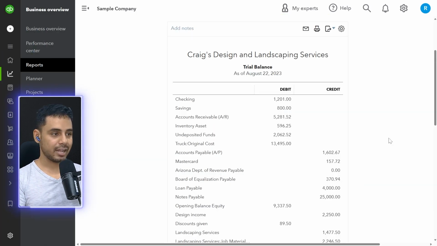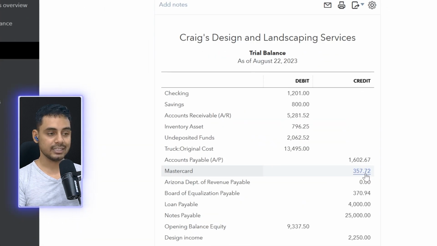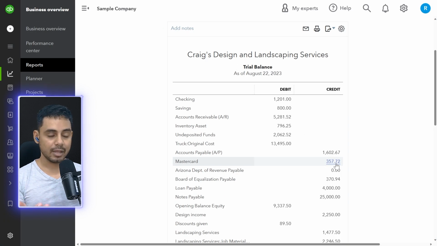We'll head back to the trial balance, look at how the account balance changes, and we can see that the account balance actually increased by $200. That is because MasterCard is a liability and liability accounts are credited to increase their value. This is the money that you owe, and since you have purchased with a credit card, the value in this account goes up. At the end of each month or each week, you would want to reconcile all of these